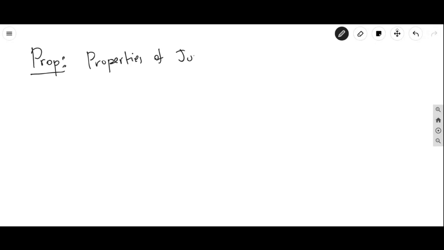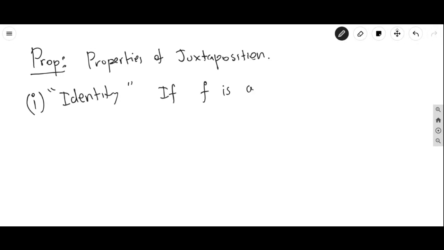So these are properties of juxtaposition. So here are the various properties that we have. So the first property, this is called the identity property. This is called identity. So it says that if f is a path